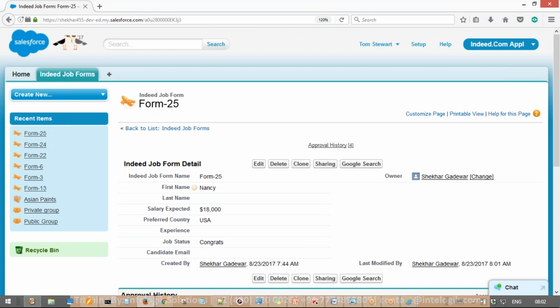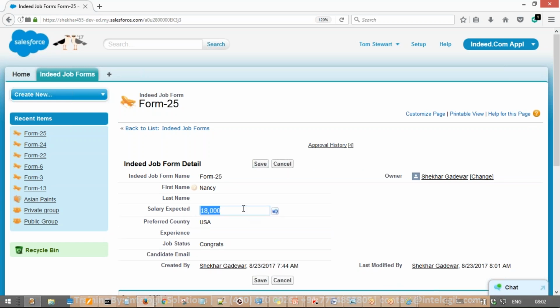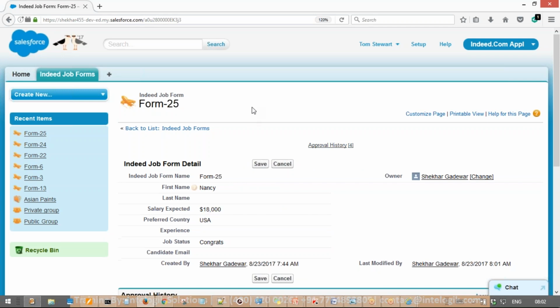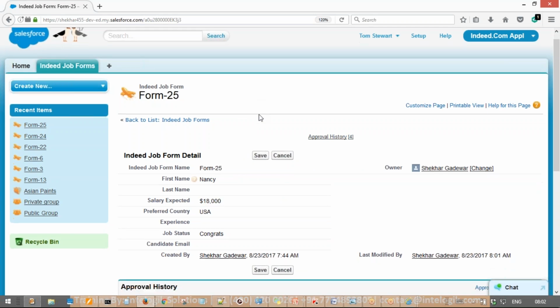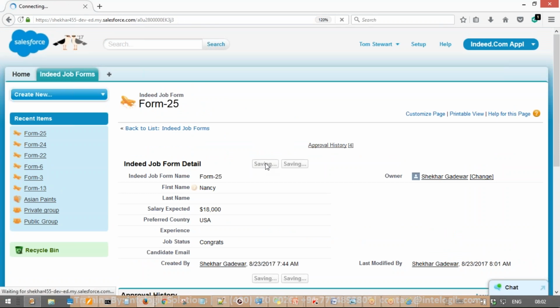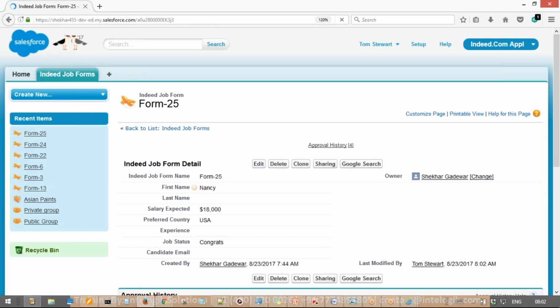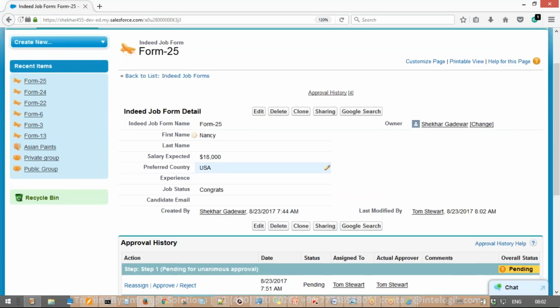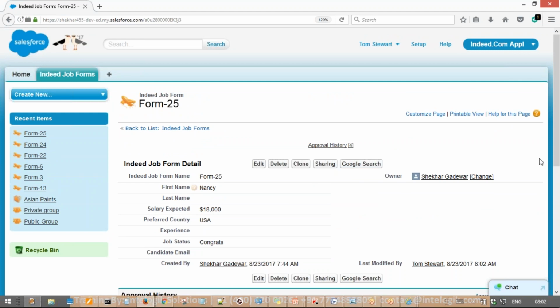If I show you edit, then again you will not learn something new. That's the reason I made unlock, so you can learn something new here. Now the record is unlocked completely. Now here also Tom can do this modification. Okay, fine. Now finally everything is done. Now Tom is again finally saving the record and sending it for approval to Rohit, and he's asking for this process. Now please note, in this case,